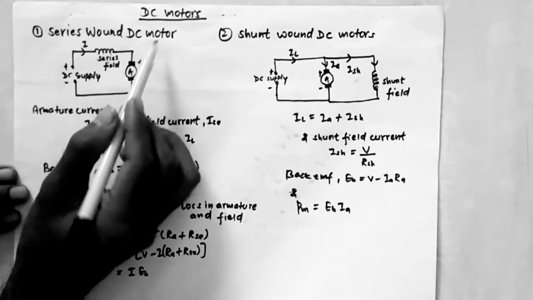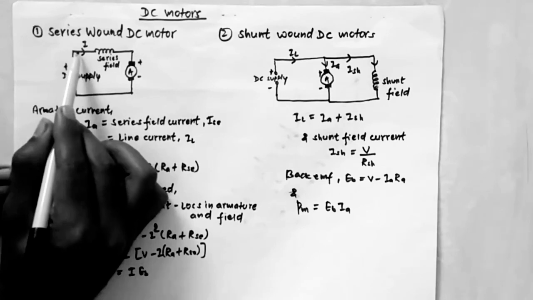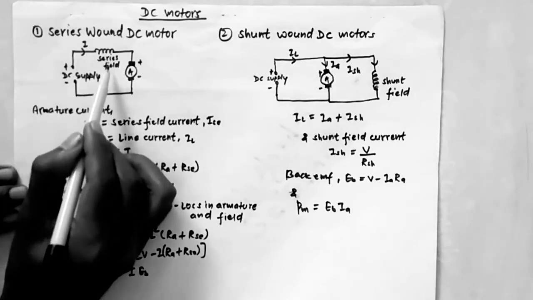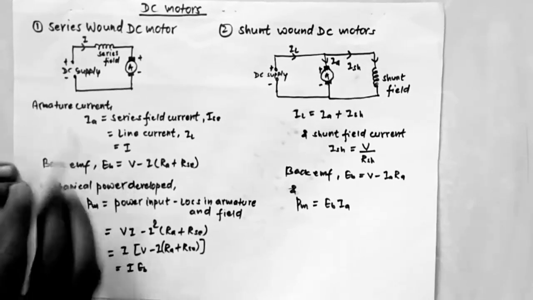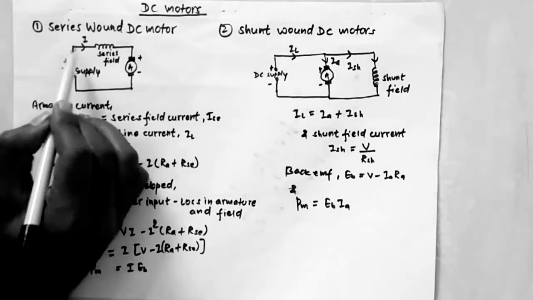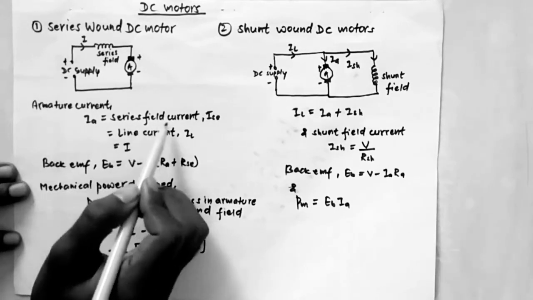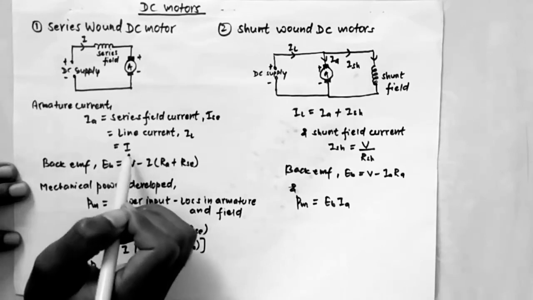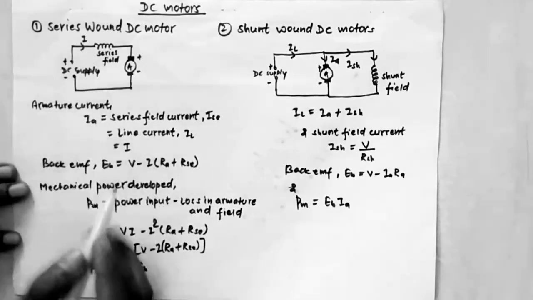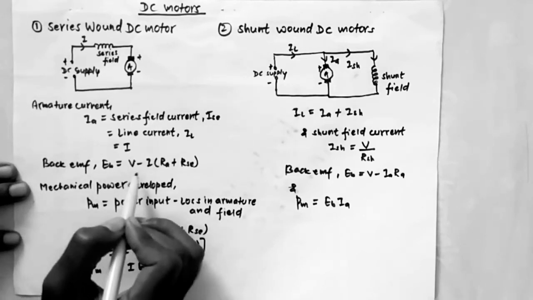Here in the series wound DC motor, I have a circuit with a DC supply and the current I flowing here. Here we have the series field and here we have the armature resistance. Since the same current flows through the whole circuit, the armature current equals the series field current Isc, which equals the line current IL, equals I. And the back EMF for the series wound DC motor is given by Eb equals V minus